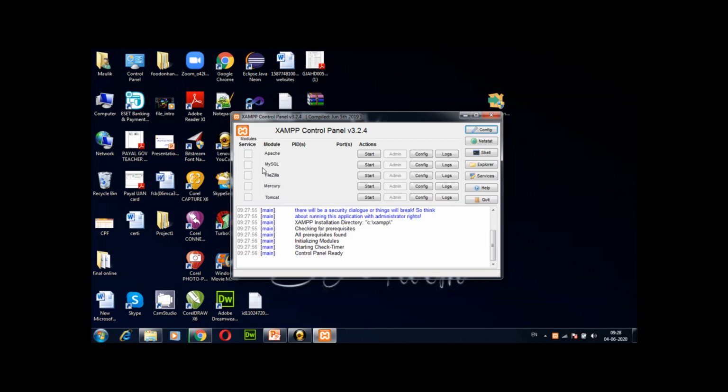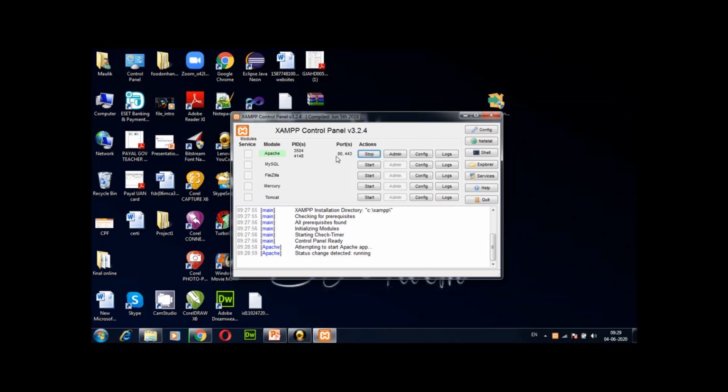You can update, you can create, you can delete or add records in your database after starting this service. Otherwise, database support will not be provided. So I will start the Apache service first. When I start the Apache service, it will have a green background and show me a port number. The Apache server will start on port number 80 or 443.